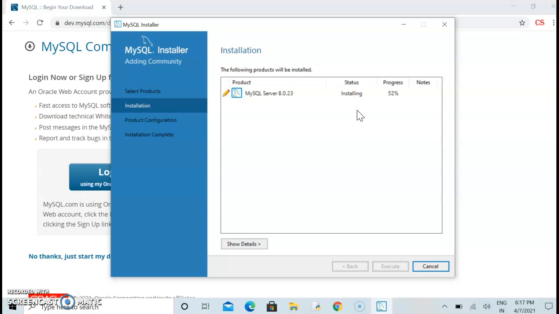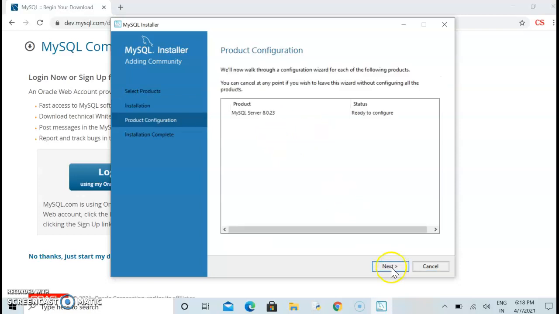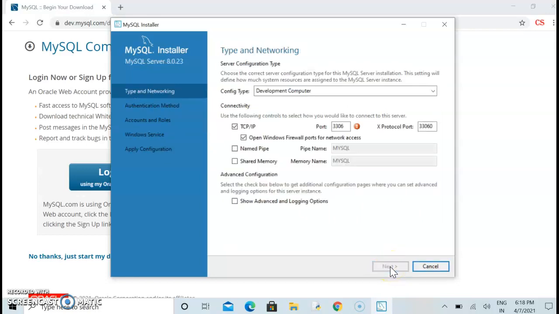It won't take so much time to install in your system. There is another way also that I'll tell you after that. First, let this 8 version install in our system. After that, when it is ready to configure, click on the next button.